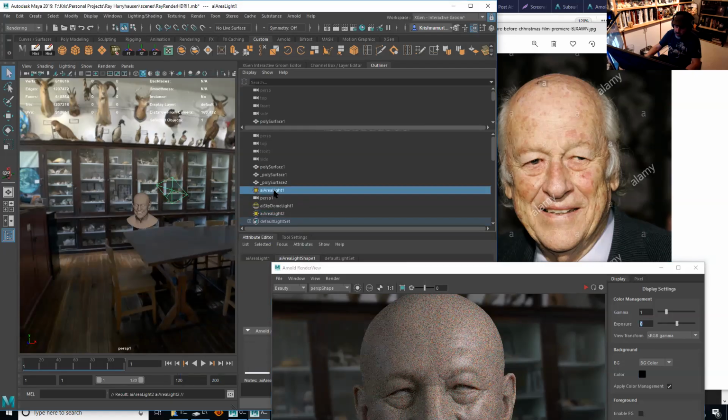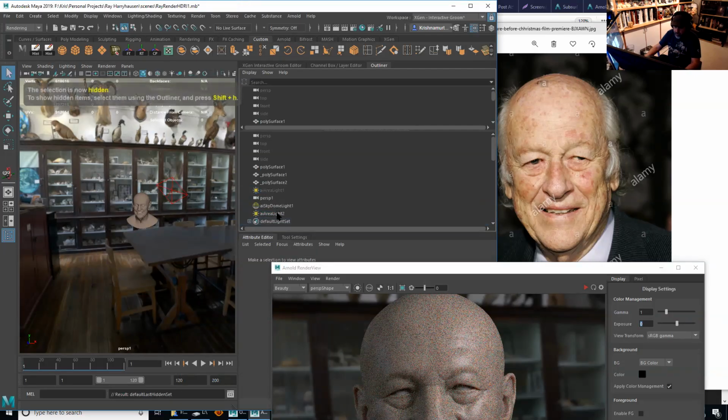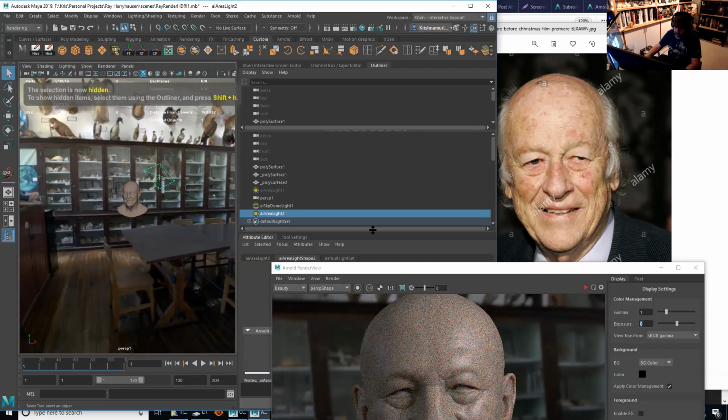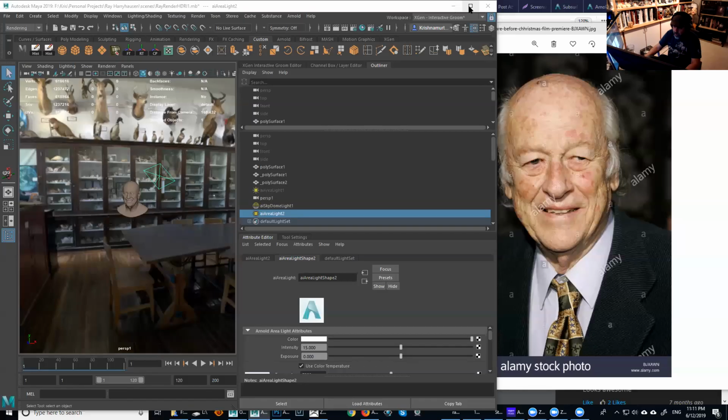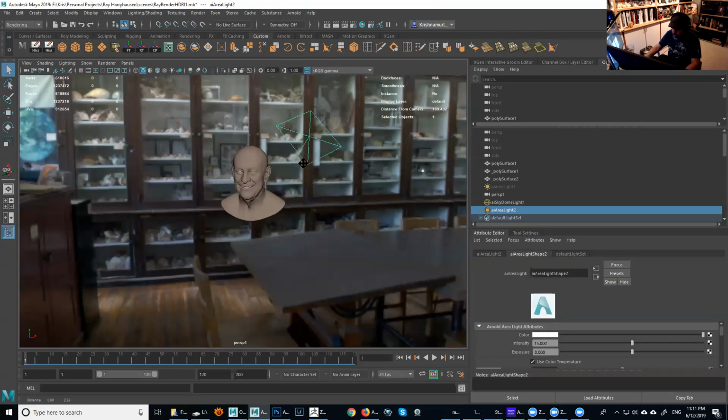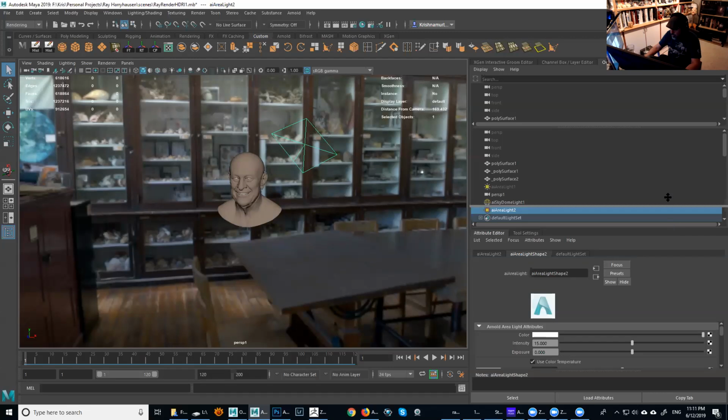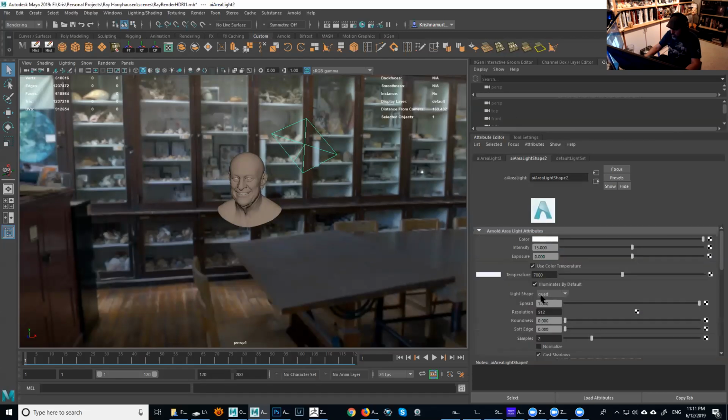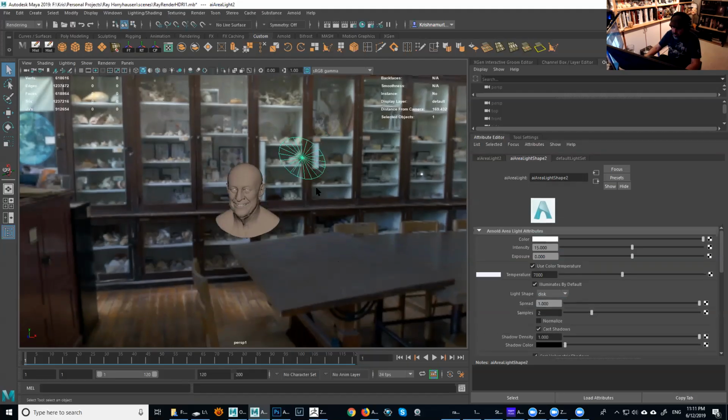So I can hide the original one, Control H, click this one. And then in the parameters of that, I just move this one away. In the parameters of that soft box, I have some shapes in here you guys can try. By default, it's a quad. But for my renders, I switched to a disk. So basically, I had an area light that looks like a disk like that, right?